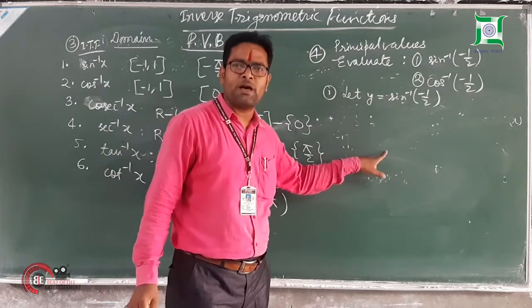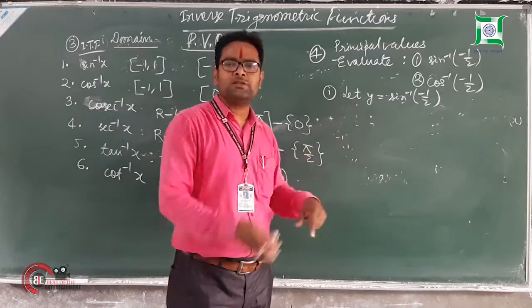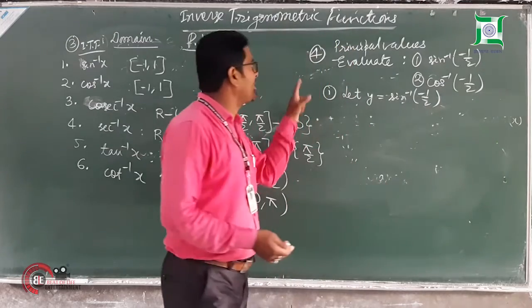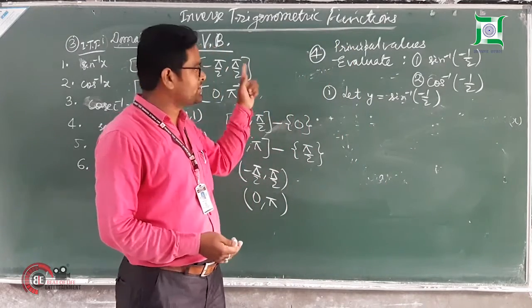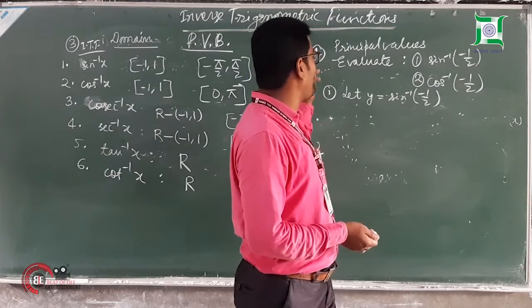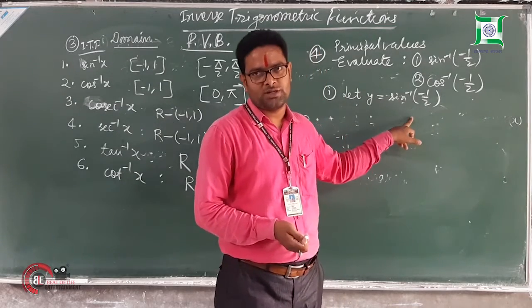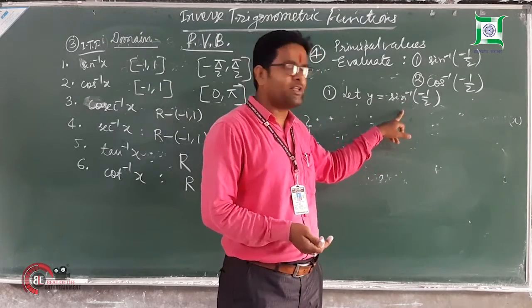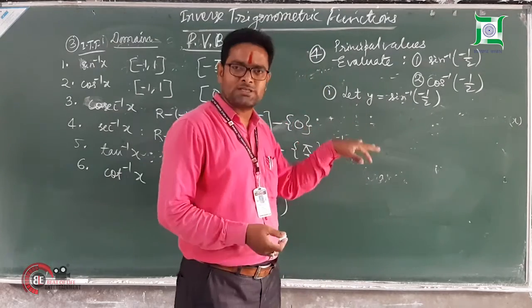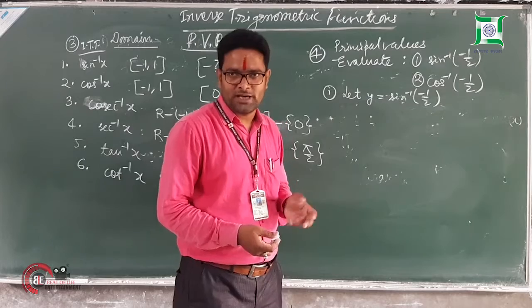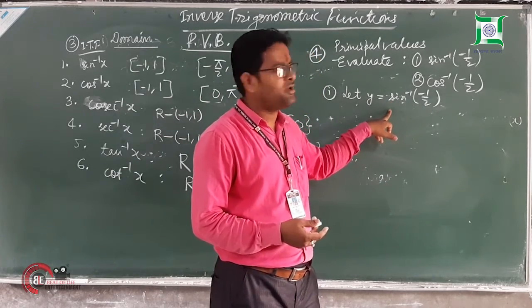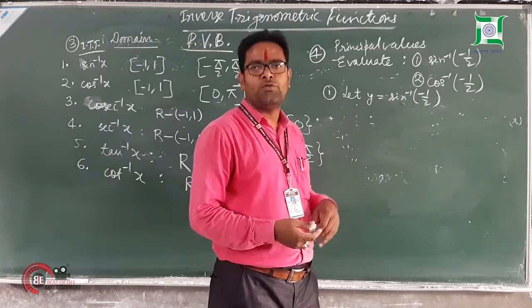Whichever method I am applying here to solve this question, I will give you another method in my next topic, that is the fifth point, where I will discuss the properties of inverse trigonometric functions. In that fifth point, I will discuss this question again and help you solve it directly within 1 or 2 steps. But here you have to understand, if you forget the formula as a property, then what will you do? You will apply this basic method or fundamental rule for evaluating it.